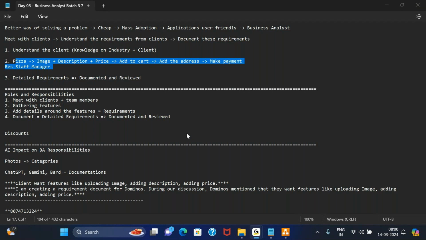Then you should explain the project, you should know the project, but we will be adding the roles and responsibilities of a BA for that same project. Why we are doing that is, you have been looking at the same client or the same software for the last 1, 2, or 3 years. So there is a very good chance that you can explain that particular software to the interviewer.